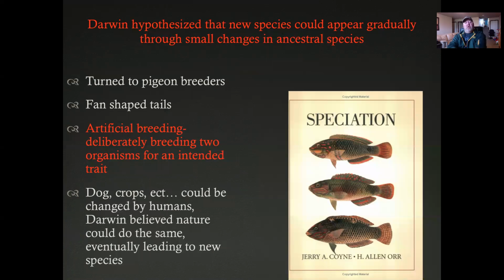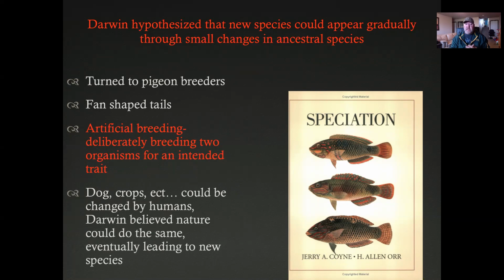Okay, so he's thinking that these animals, when they come from the mainland and they make their way out to the island, that they're changing somehow. And what he came up with was that new species appear very slowly or gradually through really, really small changes. And he talks about changes in the ancestral species that would be like, okay, so we have finches on the mainland, and then somebody brings a finch out to the island, and those finches reproduce, and then they sort of change a little bit. So he's coming up with this idea that those changes happen gradually, or that's his hypothesis, okay?